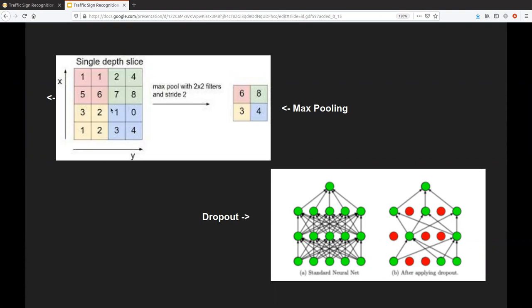So now in this 11 by 56 matrix, we take the maximum value out of it. It's just reducing our data. And in dropout, we randomly do not use some of the data in our layers, so that we can avoid computational cost and overfitting in some cases.